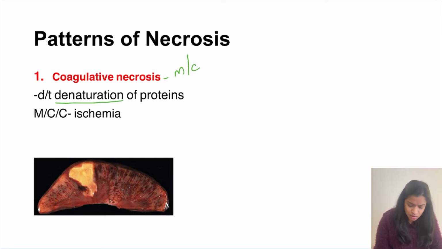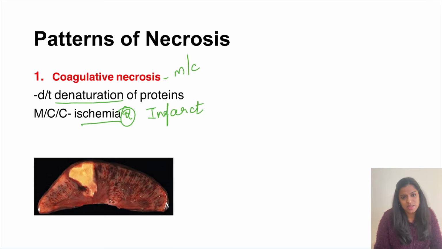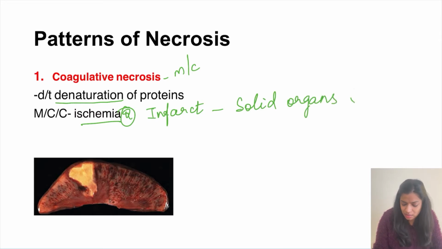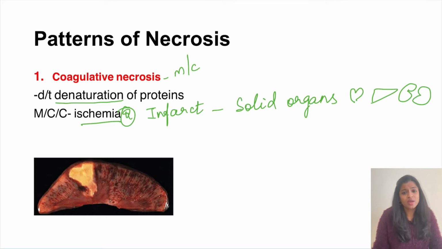The most common cause of this coagulative necrosis is ischemia. Whenever there is a loss of blood supply, it will result in the formation of something called an infarct, and this infarct is nothing but a coagulative necrosis, and it characteristically happens in solid organs like the heart, the liver and kidney. Whenever there is ischemia in solid organs, it will result in the formation of these infarcts, which is the coagulative